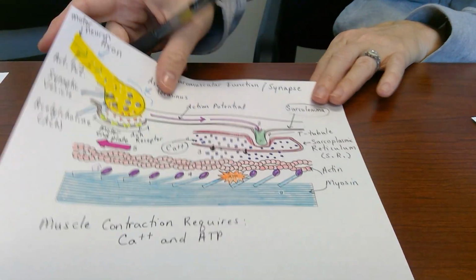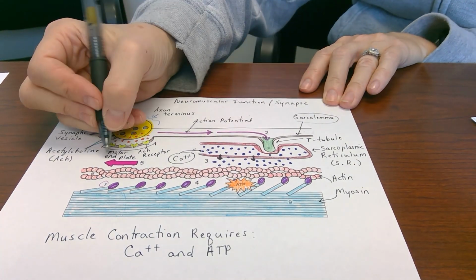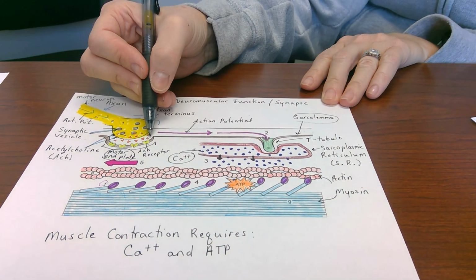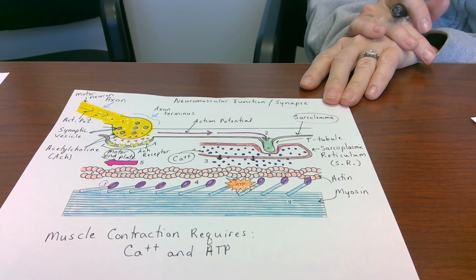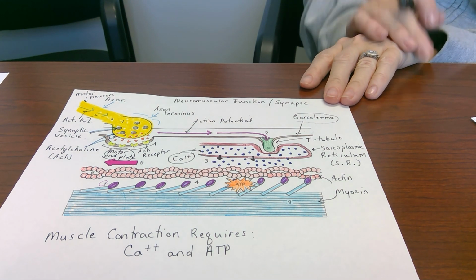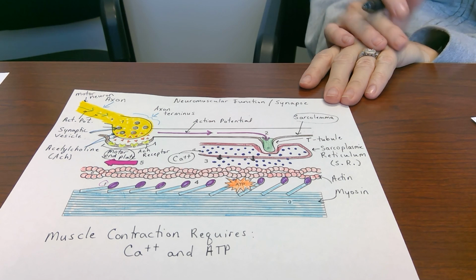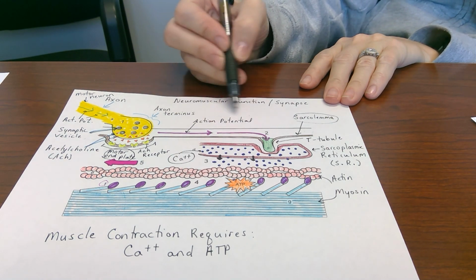Okay, there we go. So that's the region of the sarcolemma that contains the ACh receptors. When acetylcholine binds to those receptors at the motor end plate, that will initiate another action potential, this time along